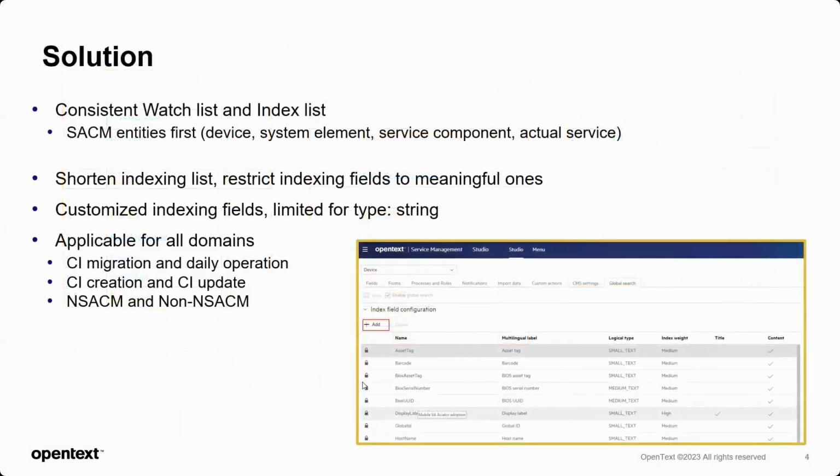So to fix the problem, first, we fixed the defect of the inconsistent watch list and index list. Starting from 24.1, only a change of an attribute in the watch list will trigger an index job. On the other hand, as I showed in the previous page, we shortened the indexing list to get better performance. Meanwhile, we allowed the customer to add their own fields to the watch list, but only limited to